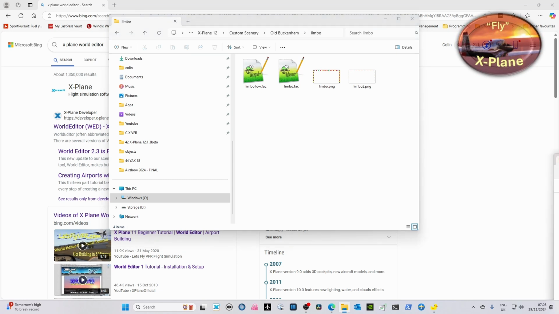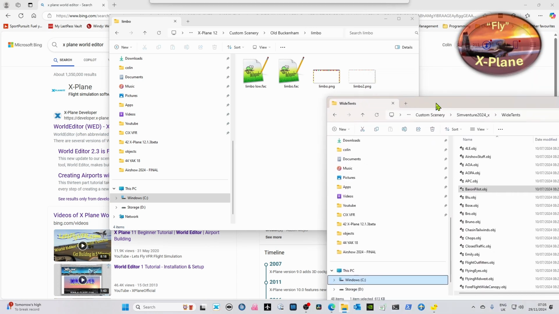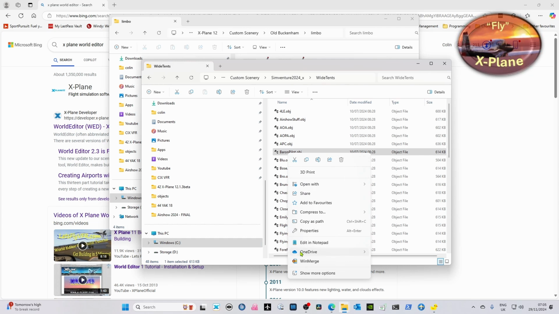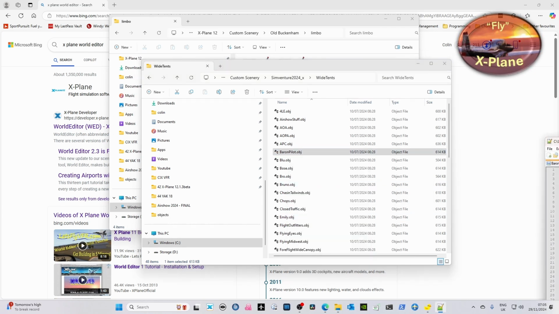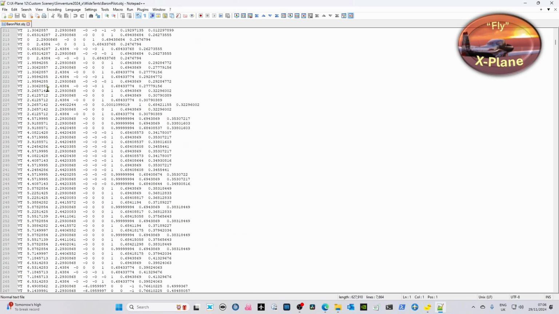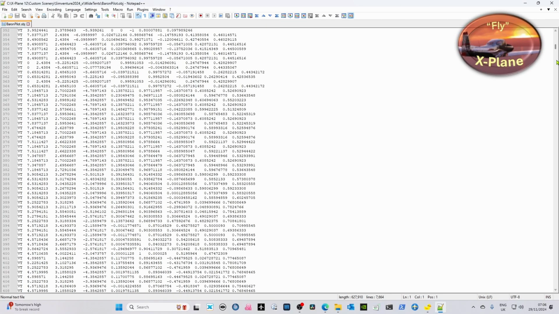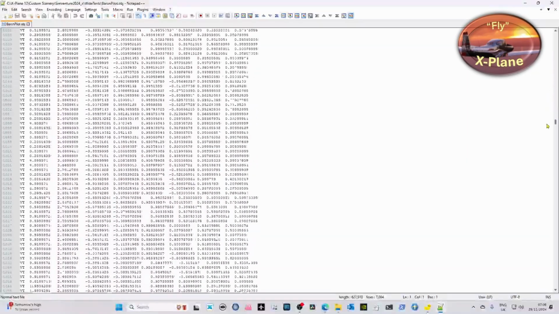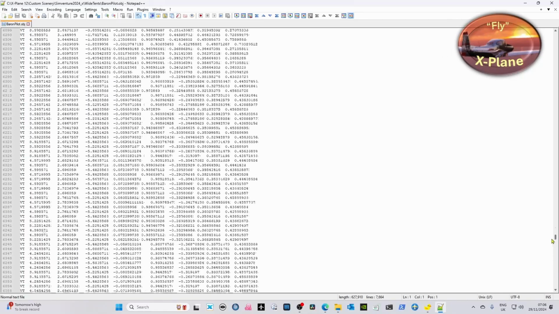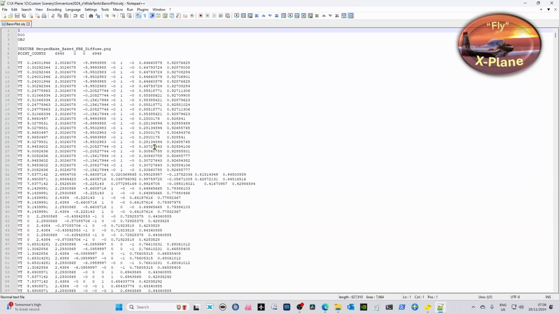Now, X-Plane has two ways of representing three-dimensional components in the simulator. One is the object, and if we just have a quick look, this is an object from the SimVenture, but it will serve to illustrate the point. So if I just open that file, you'll see it is a very complicated definition which is derived from the drawing of the original 3D object, and X-Plane uses it to construct the object in real time,